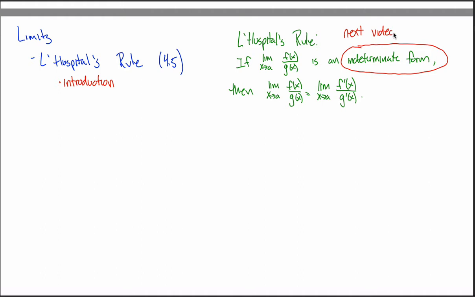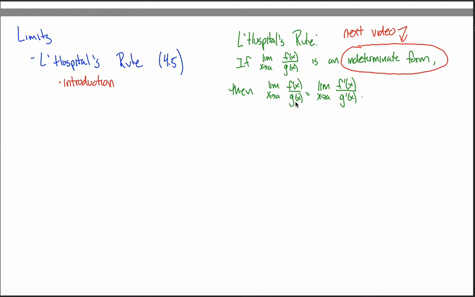The short answer is an indeterminate form are the types of questions that you've been asked so far in this class. But I want to make that a little bit more precise because if you don't have an indeterminate form, you can get a wrong answer using L'Hopital's rule. This deserves a video, just not this video. So if you have an indeterminate form, and don't worry, more on that later,